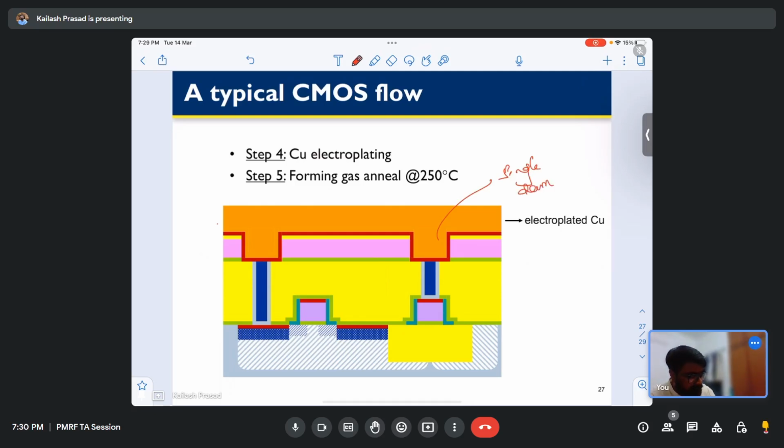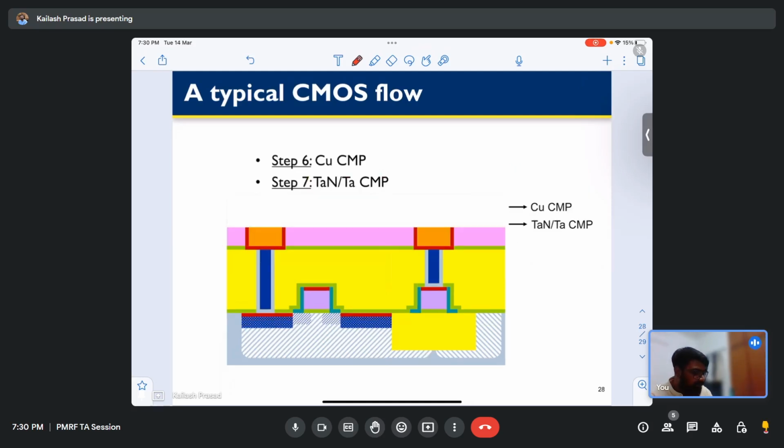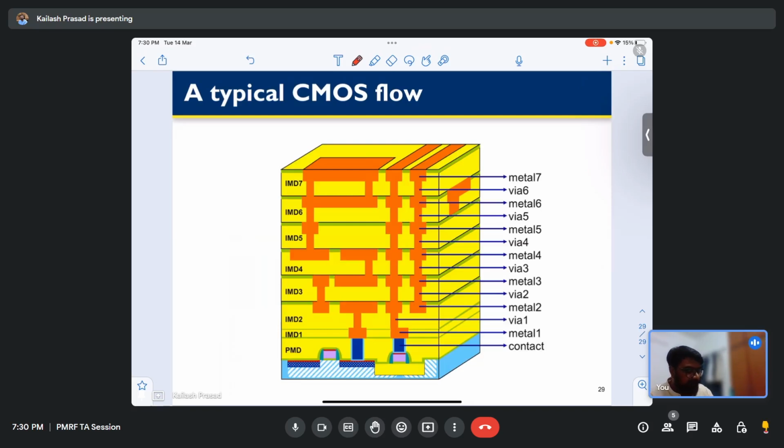Single damascene process to create this is the via. Okay, this is the metal. Okay, so it is connected through the drain or the source of the transistor. Okay, via, and then you have the metal, and finally you will have it like this, and the final chip will